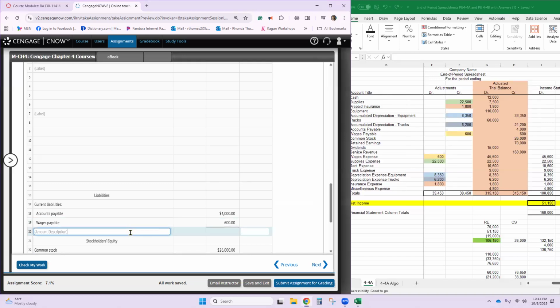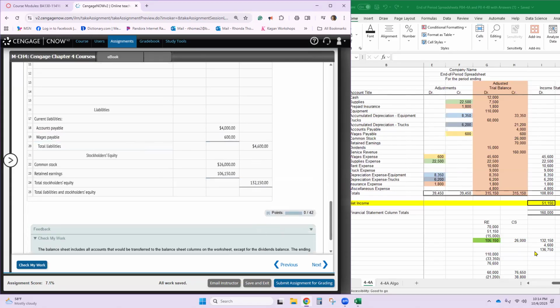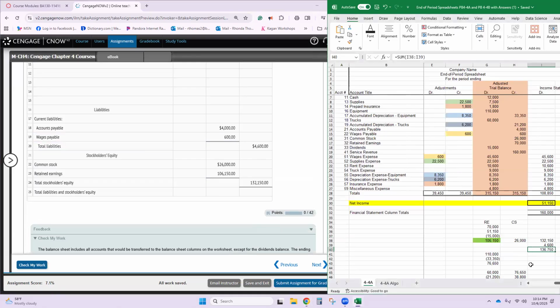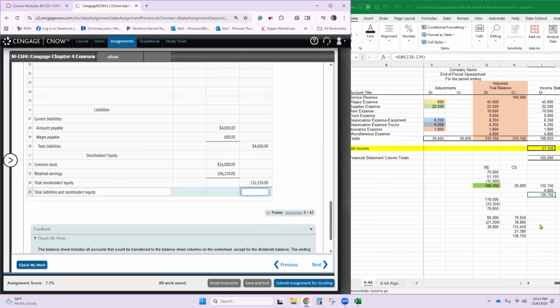Okay, then we're going to get a total liabilities. We don't have any long-term liabilities. So 4,600. So when you add 4,600 to 132,150, you're going to get 136,750.